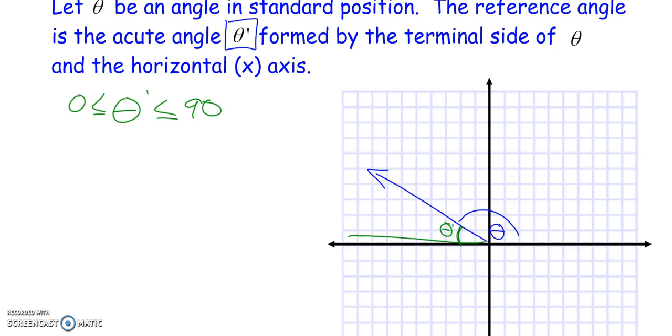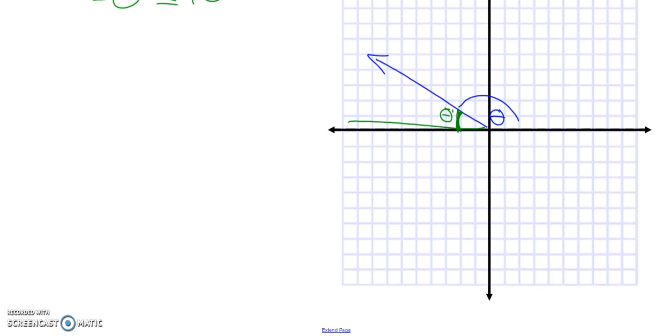Obviously, in quadrant 1, the reference angle wouldn't change. But in quadrant 2, you can see my reference angle would be this green angle right here. In quadrant 3 and 4, it looks a little different. Let me show you. In quadrant 3, if I was to draw theta, regular old theta, out into quadrant 3,